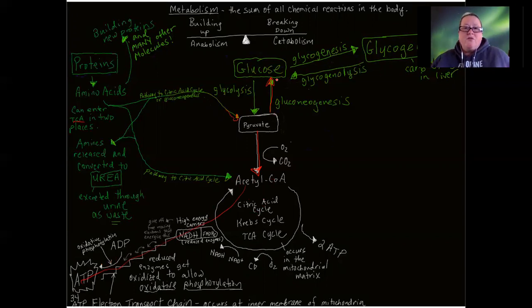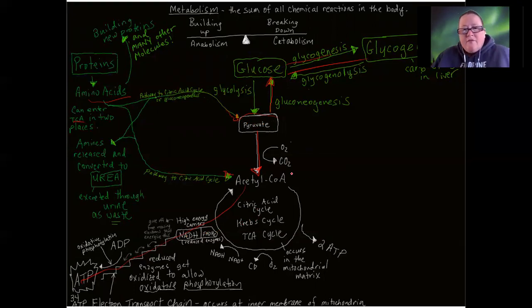If it does make glucose, when we have glucose, glucose can always get turned into glycogen. The glycogen can always get turned back into glucose. So these are always steps that are available. So once again, if our body is low on glucose, we have a way to make it from proteins and also from lipids. The amino acids, depending on what kind it is, can enter the citric acid cycle here. It can be converted to pyruvate, or it can just get turned right into acetyl-CoA. When it gets turned into acetyl-CoA, it enters the citric acid cycle